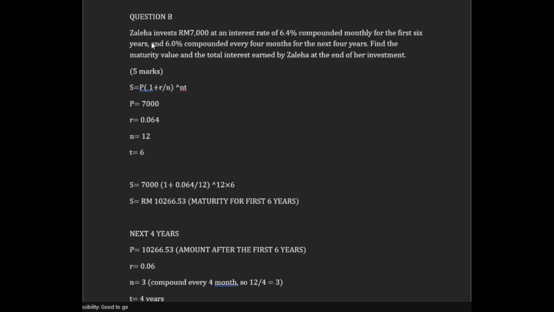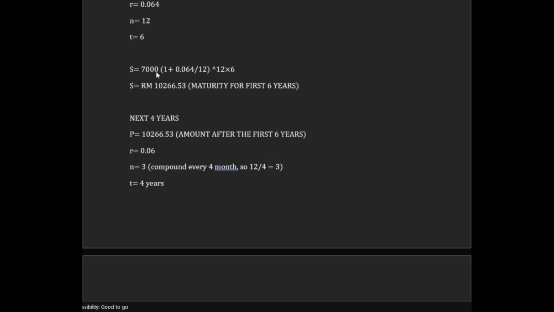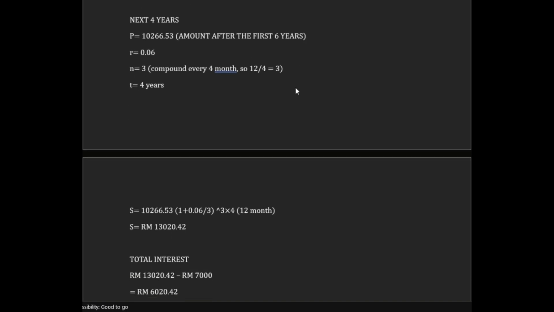For question B, we have to calculate every compound and find the maturity value and total interest. So for the first one, we use the formula S equals P(1 + r/n)^(nt). We put in the important information, and we get S equals 7,000 (1 + 0.04/12) to the power of 12 times 6, which means 72 months. Again, we get the answer 10,260 ringgit 53 for the first 6 year maturity,